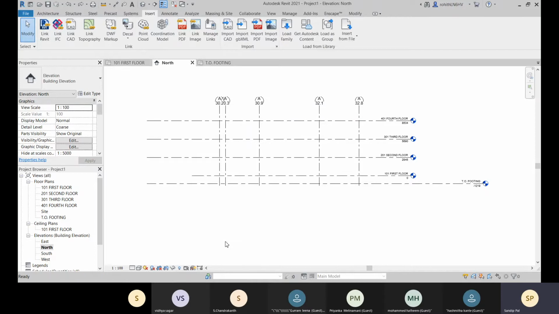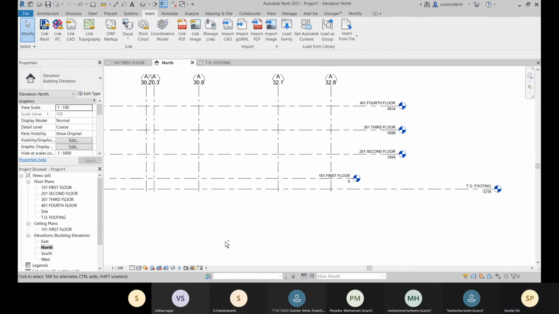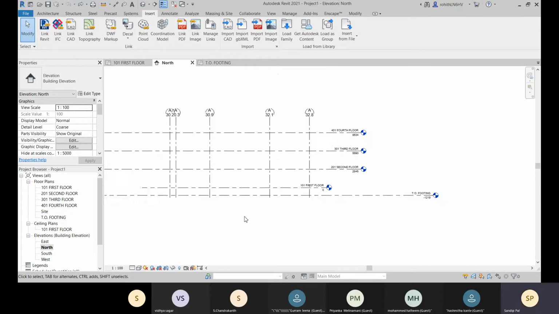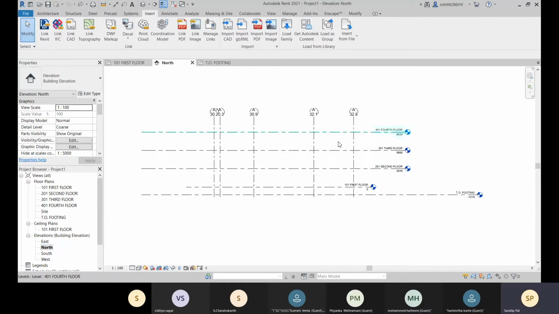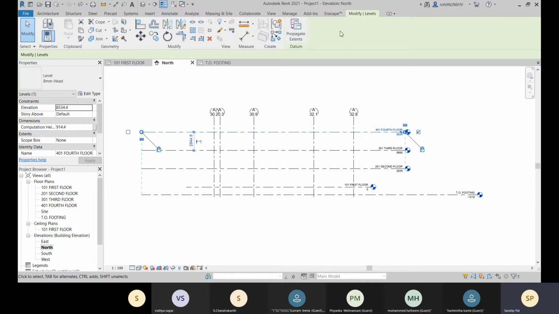Let me just undo it. Okay, that is not present. All right, no problem. You can have that file again, and if you select that, there will be some monitored option. So let me do that.